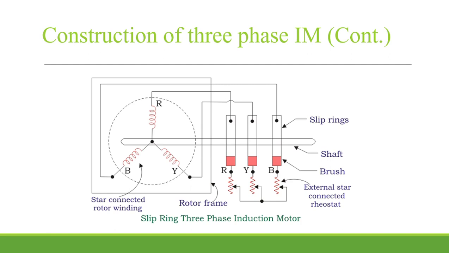What are the advantages of the slip ring induction motor? It will have a high starting torque and low starting current. And as we can add external resistance, it will be helpful in controlling the speed of the induction motor. Where is this slip ring induction motor used? It is used in hoists. In power plants we have elevators which are known as hoists, so that coal can be transferred from one place to another place, or it can be used in cranes also.